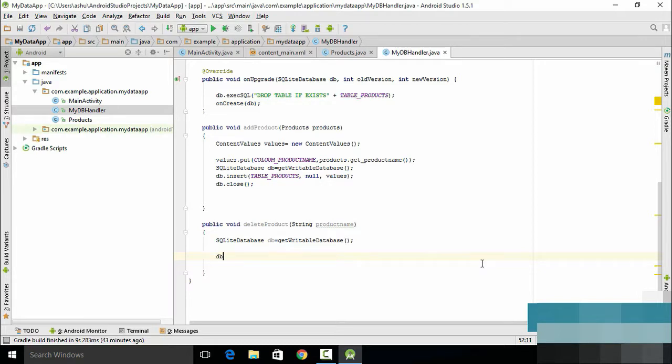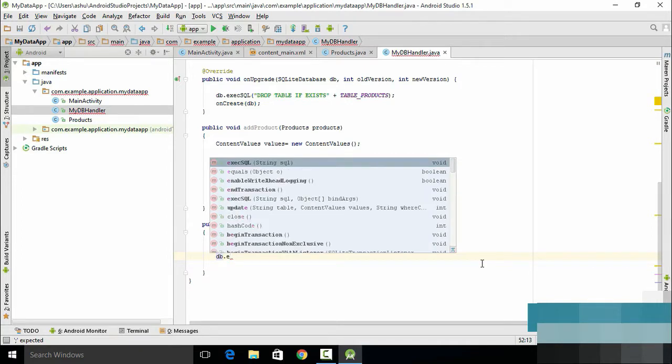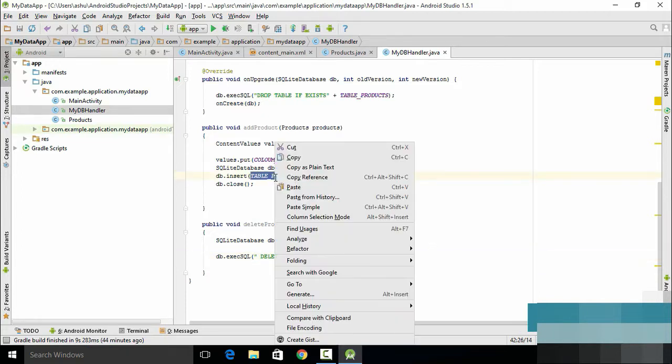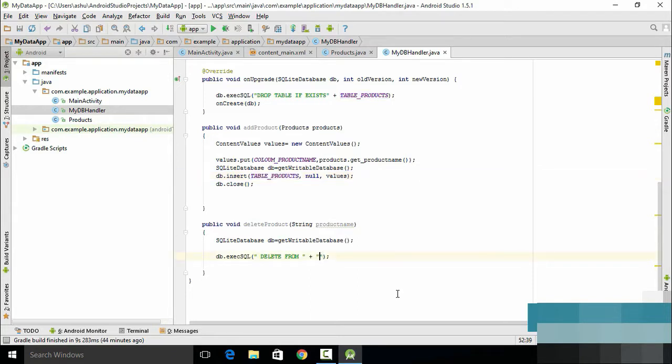So we type db.execSQL, and as we need to delete, we type DELETE FROM, then we type in plus signs, then we type in the table name, which is TABLE_PRODUCTS. So we simply select this from here in order to avoid spelling mistakes, and we paste it here, and then we add a plus sign again, and we specify a keyword which is called WHERE. So this WHERE is going to specify from where we want to delete it. So we want to delete where the product name is going to be equal to the product name which we